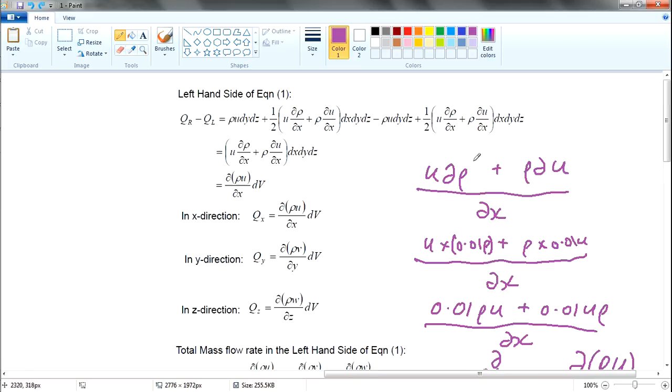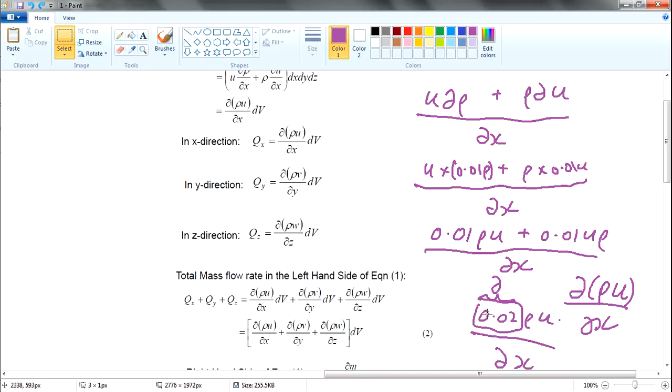So allow me to explain it again. I take this portion over here and rewrite it over here. I didn't change anything. Then I simply substitute in this small portion of rho. I say that it is 0.01 rho, and the same for this one, I'll just say that it is 0.01 u, the velocity. So when I multiply in and expand everything, and then you sum it out, you eventually